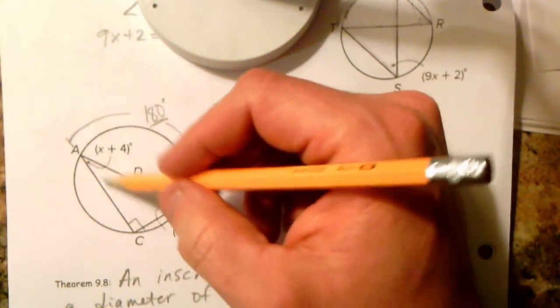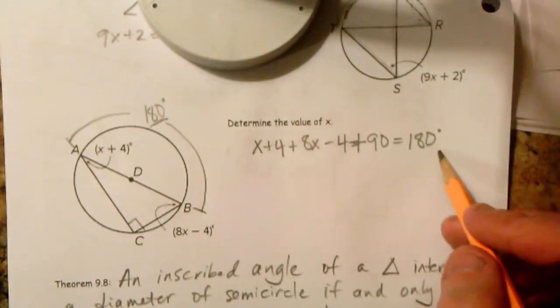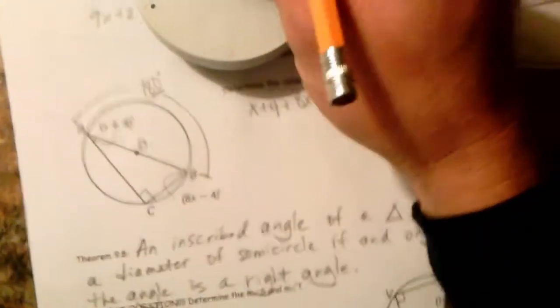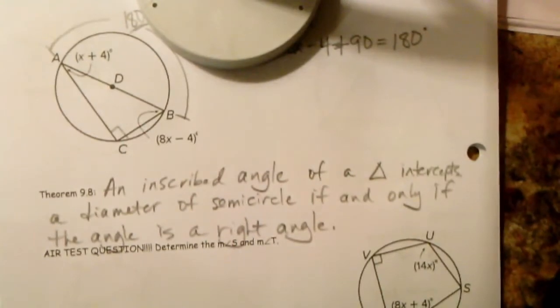So if I know that, then I know all three angles of the triangle, and I can set this equation up, right? The sum of all three angles is equal to 180, and then you can go about solving for x. So this leads us to theorem 9.8, which says this: an inscribed angle of a triangle intercepts the diameter